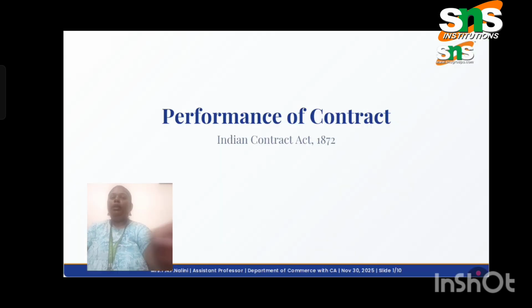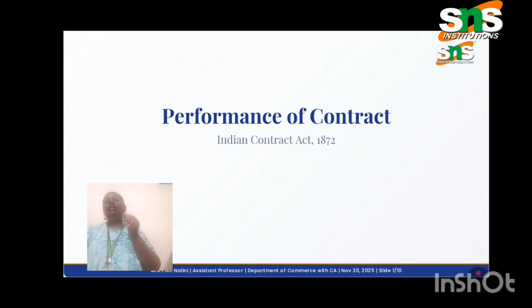In today's topic, we are going to see performance of a contract. So let us start with a simple, cute little story. Imagine you order a phone through online. You pay the money, the seller delivers the phone. This is the online purchasing statement. If we are ordering a phone through online, we are paying the amount before itself and the seller delivers the phone. The deal is complete. It is called as the performance of contract.